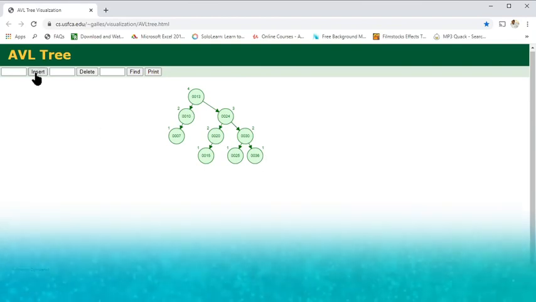Just understand how the insert algorithm or insert pseudocode works. That's more than enough. If they are very particular to ask you about the code, then go for the code to explain the insert or delete function. If they are asking about the pseudocode or algorithm, just go step by step, the procedure of what all we have to do over here and how to make all this into a perfect tree structure or a balanced tree structure.